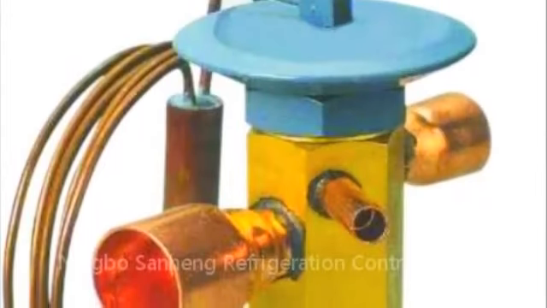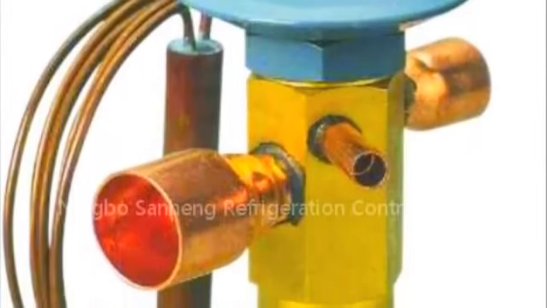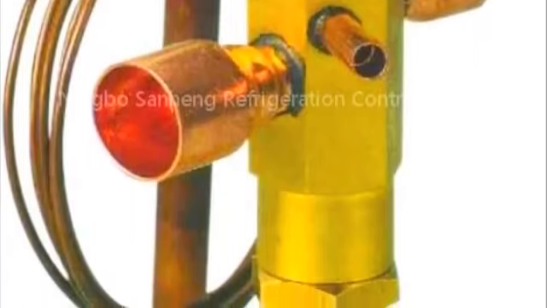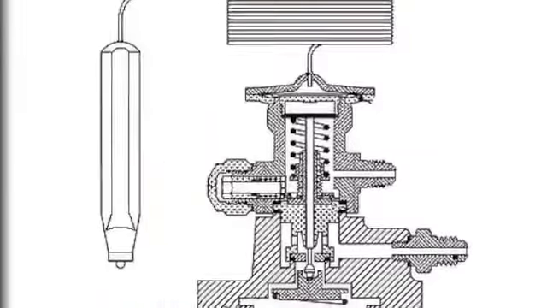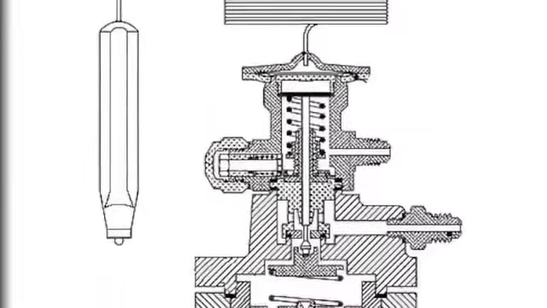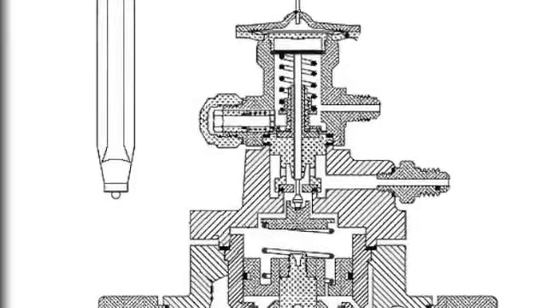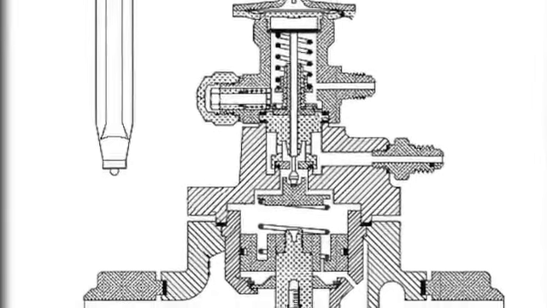In addition to producing a drop in pressure, the expansion valve acts as a metering device. It allows the amount of liquid entering the evaporator to equal the amount of liquid being boiled off. This is accomplished by use of a temperature-sensing bulb filled with a similar gas as in the system. It causes the valve to open against the spring pressure in the valve body as the temperature in the bulb increases.